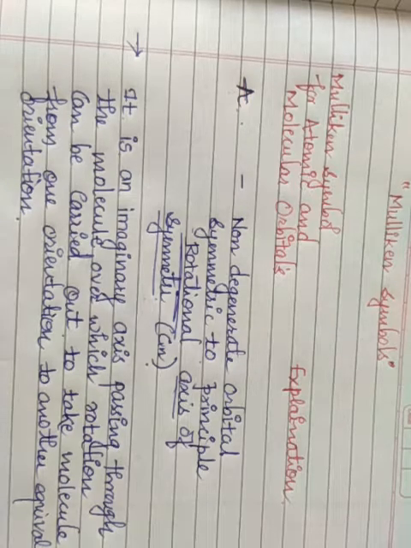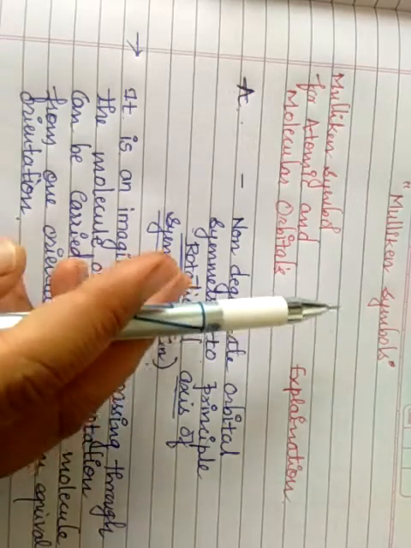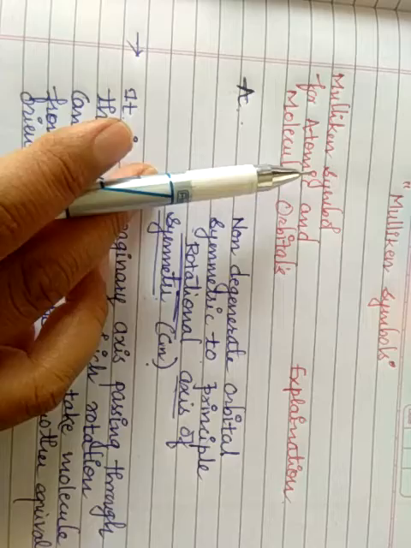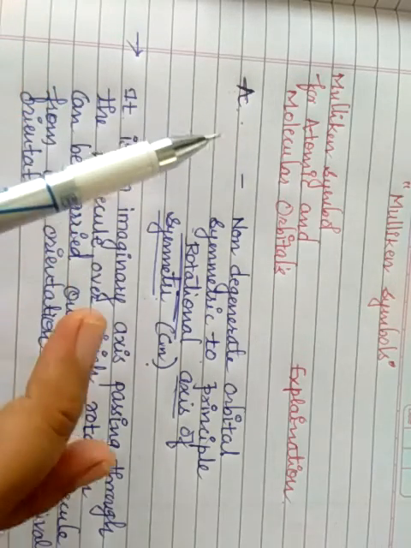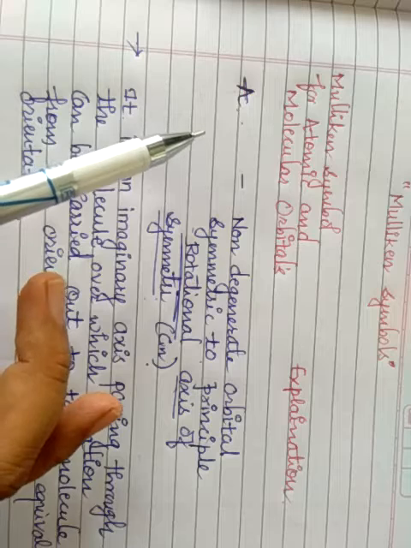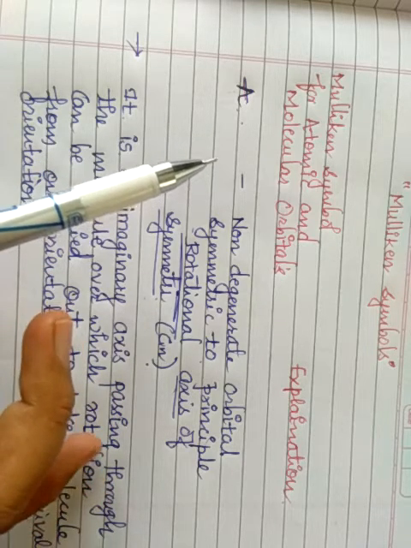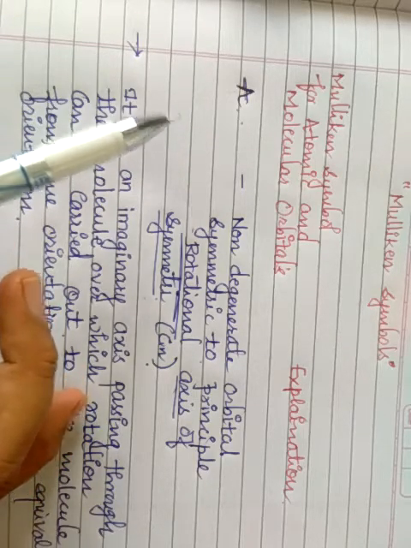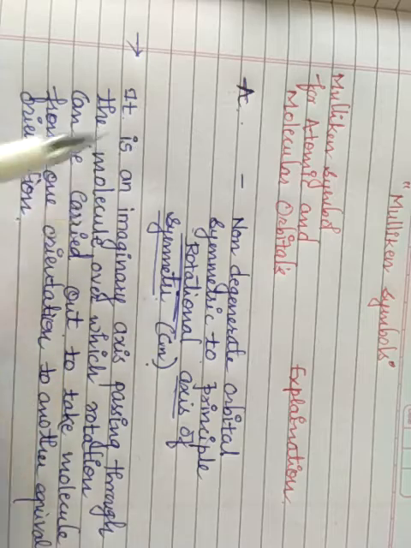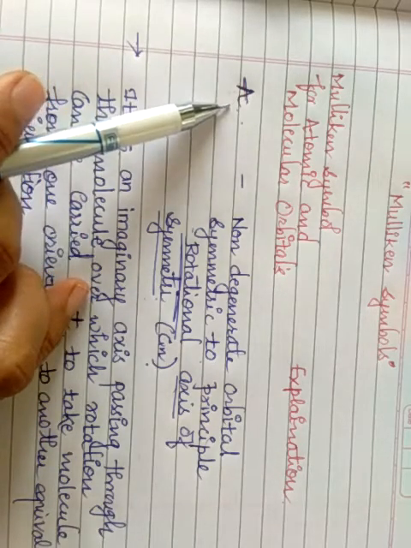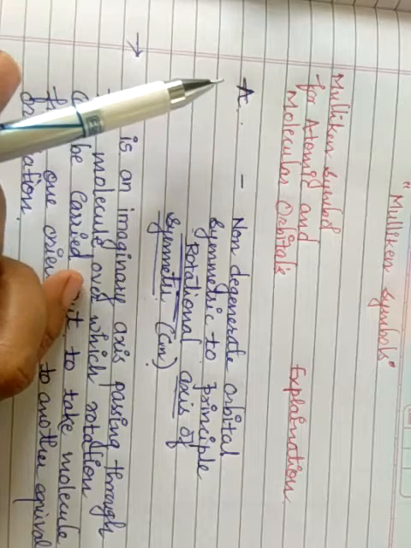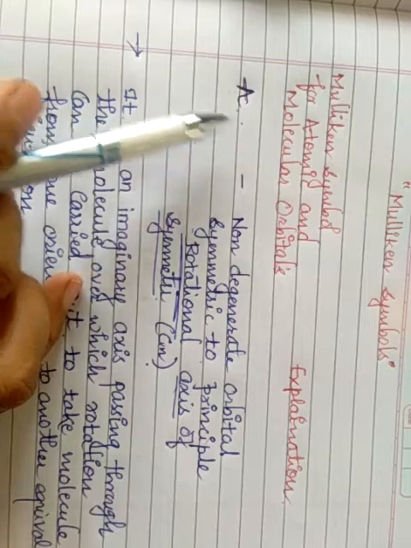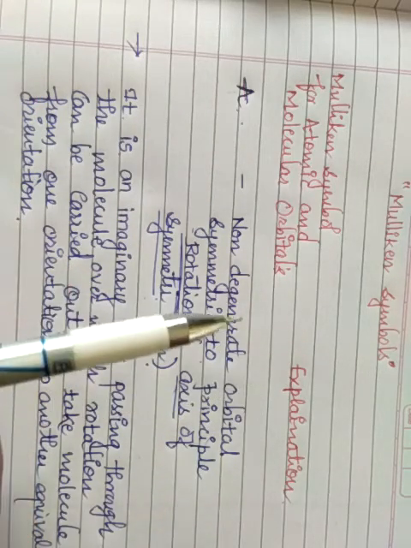Let's start the next part of our topic. In that we are seeing here Mulliken symbols. These particular Mulliken symbols, which are there for atomic and molecular orbitals, were given by the scientist so that we can decide a particular axis of symmetry, whether it is degenerate or non-degenerate, symmetric or unsymmetric, doubly degenerate or triply degenerate. For discussing all that, the scientist Mulliken gave us symbols, and we are dealing with them today under the heading Mulliken symbols. And here we are giving the explanation about it.